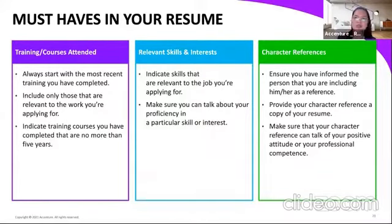Character references. Ensure that you have informed the person that you are including as a reference. So don't just put it away. For example, you put Juan de la Cruz. You should also ask the permission of Juan de la Cruz that you will include him as a reference in your resume. Provide your character reference a copy of your resume. Remember, participants, to provide a copy of your resume to your character reference, so they would know also how they will